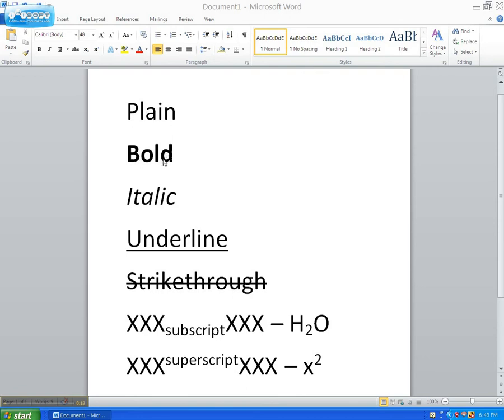You can see the bold character effect, italics, which slants it a little to the right, underline, which is self-explanatory, strike through, which draws a line through your text, often useful if you want to leave something there but give an indication that it is sort of being deleted or removed or no longer valid, but you want it still